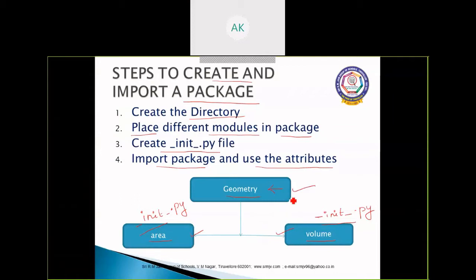Let us understand how we do this practically.